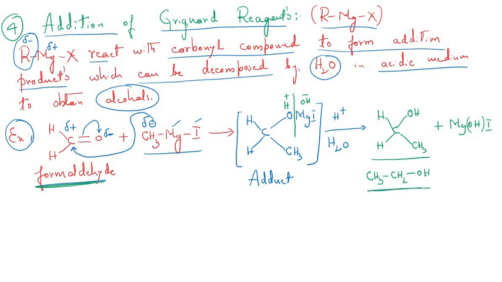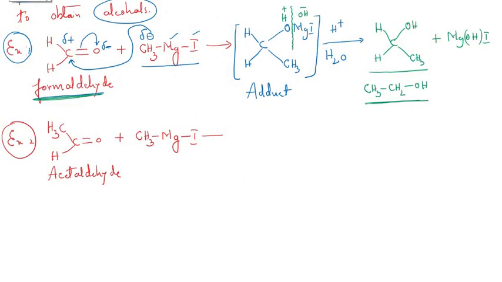So we can say that based on the nature of the RMgX used and the carbonyl compound, whether it is an aldehyde or a ketone, we will be getting different types of alcohols. Is it clear, students? Now in the second example, here I have taken acetaldehyde, and you know how the reaction proceeds. So straight away I will write the adduct here. I can write CH3, then C hydrogen, and to this oxygen we have Mg, then I, and here I can write CH3. So this is the addition product, right?